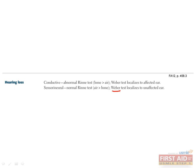of the patient's forehead. You can try this on yourself if you have a tuning fork handy. Normally, you should hear the sound equally on both sides, although some people will say they can't hear anything at all. Now, if you put your finger in your ear, you will hear the tuning fork only on that side. This simulates a conductive hearing loss. The Weber test lateralizes to the affected side in conductive loss. While in sensorineural hearing loss, since the nerve does not work, it sounds louder on the unaffected side which has